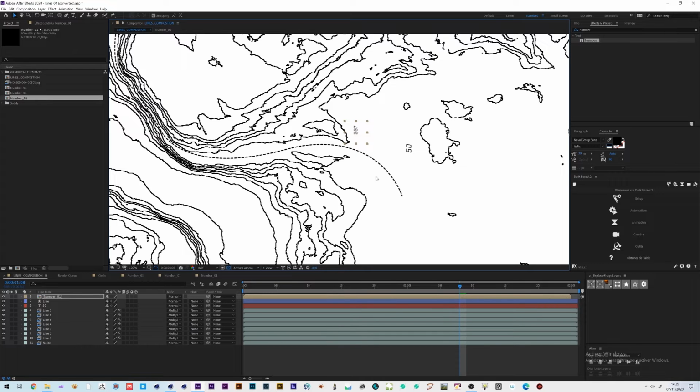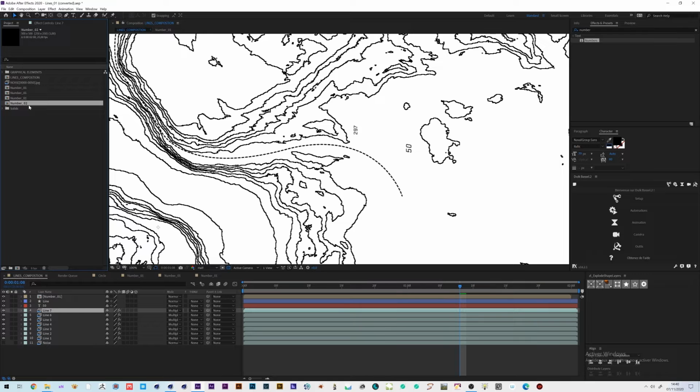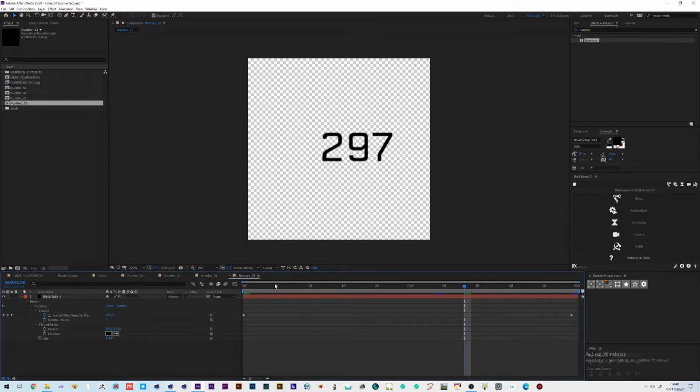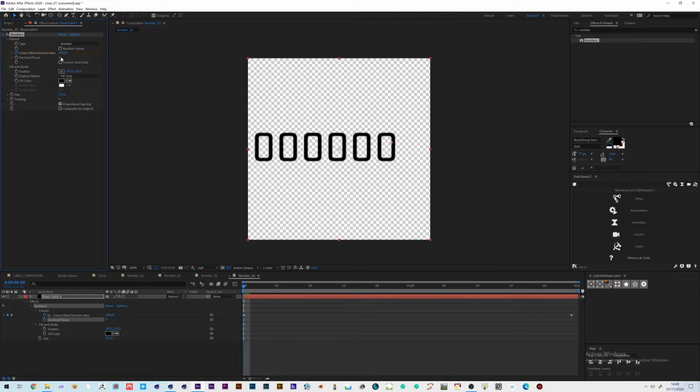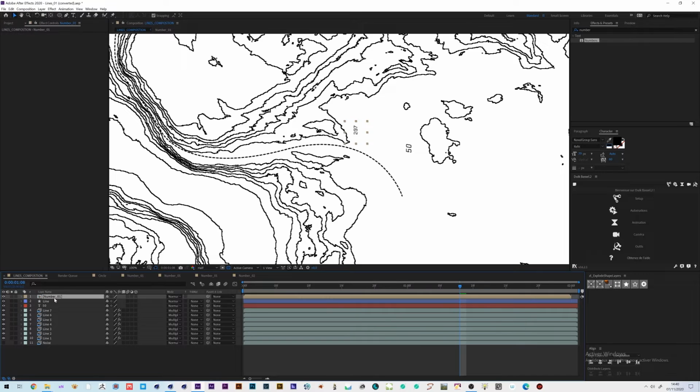This kind of numbers will be like altitude or something like this of the mountain, let's say. So I can just duplicate this number 1 to a number 2, open it, and just change those values here. Maybe I will add some decimal here. Let's say 2, and I will just change it by 40 alpha, and at the end 40.50, something like this. Okay, so I can one more time go back in my line composition, duplicate this one,